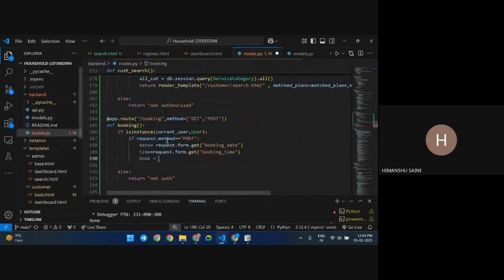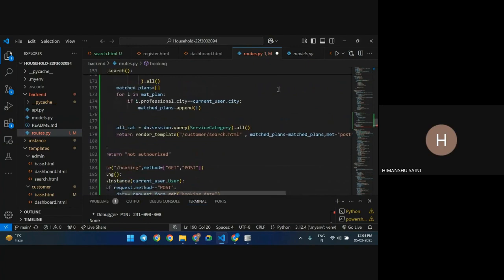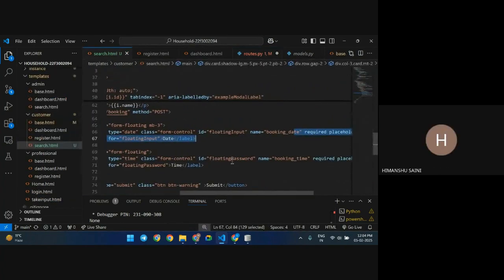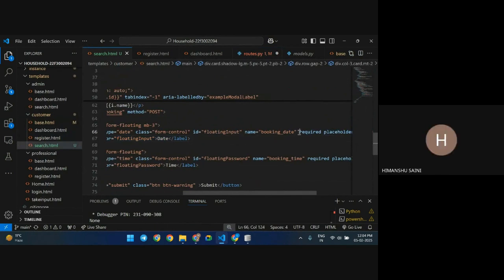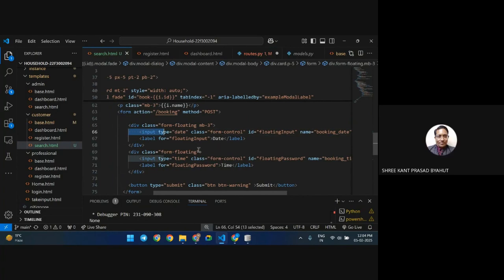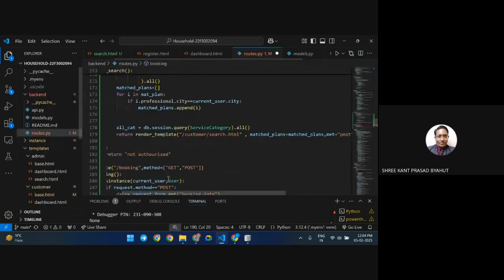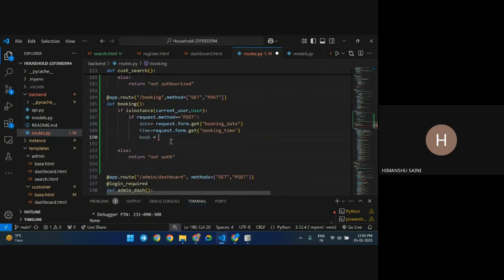Here required should be put in the form input, in the input, right? The only word is required in the input tag. The tag is input, right? In each and every input that you want to make required, you can make it required. Because both are required, date and time are required, so I just make it. Both are required. So I'm creating a booking object,